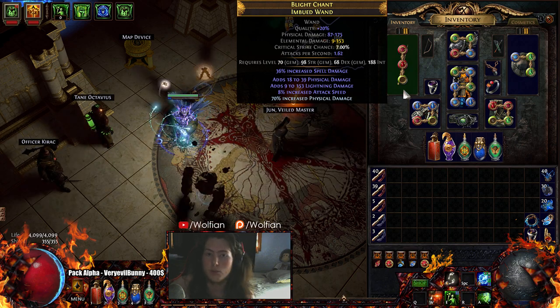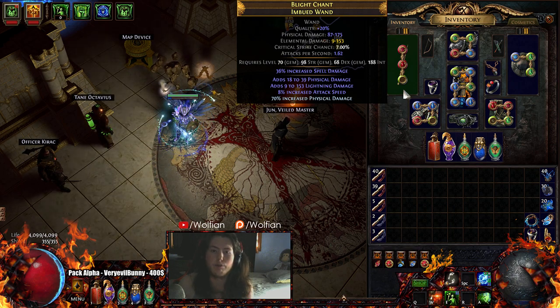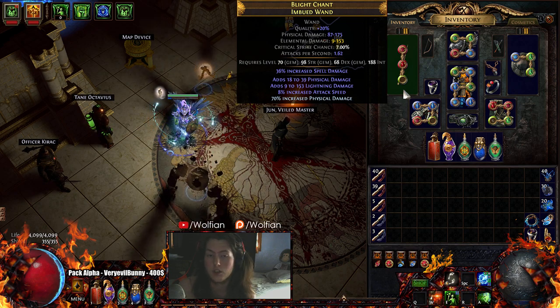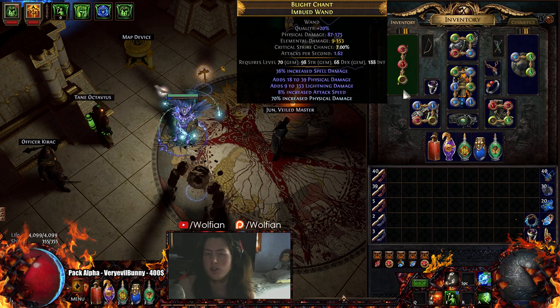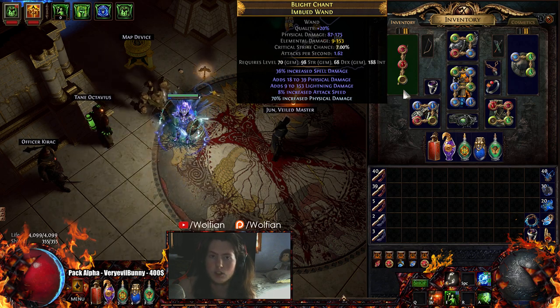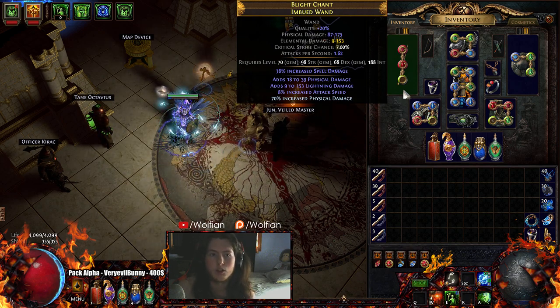You can very easily make this, or something a lot better. Funnily enough, this is a lot easier to craft than the bow that I was trying to make previously with the Scourge Arrow incarnation. That was driving me completely wild, which is part of the reason why I switched over to this, and I crafted it very easily. You're going to want an imbued wand base, and you're going to want to try and get